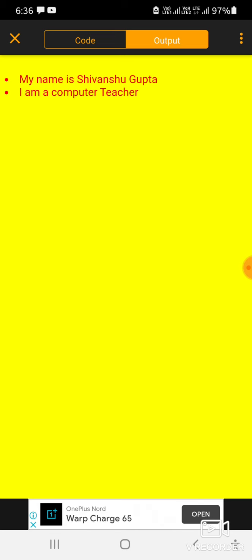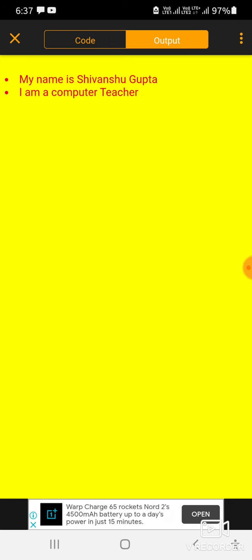Actually, here the title is not displayed, because when you create code on a laptop or computer, the title tag will be displayed, since the whole web page is displayed. But this is a mobile application, that's why the title is unable to display. So don't worry, but you have to use a title tag in all your code, because this will enhance your practice, and when you run the code on desktop, you can get the desired result.